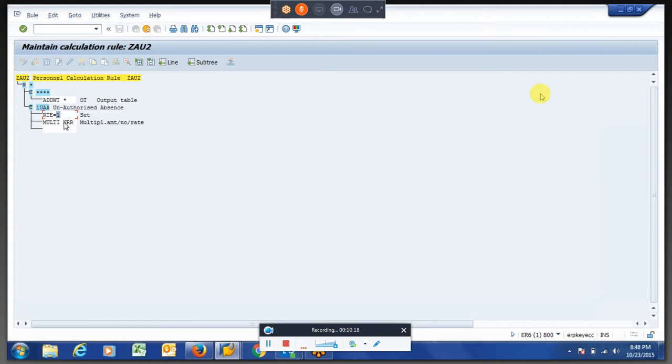This 3 will be multiplied with this 1, 3 into 1, you get 3, and that will be stored in the place of rate instead of in the place of number. So I don't want the number, so I am using an operation called 0, and I am putting 0 is equal to n. Then I am adding it to the same wage type.